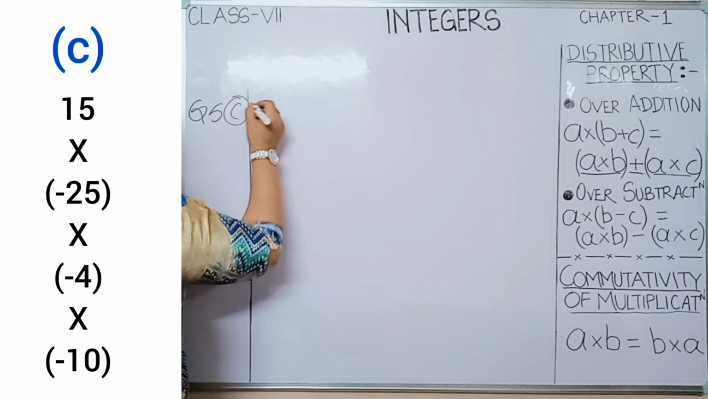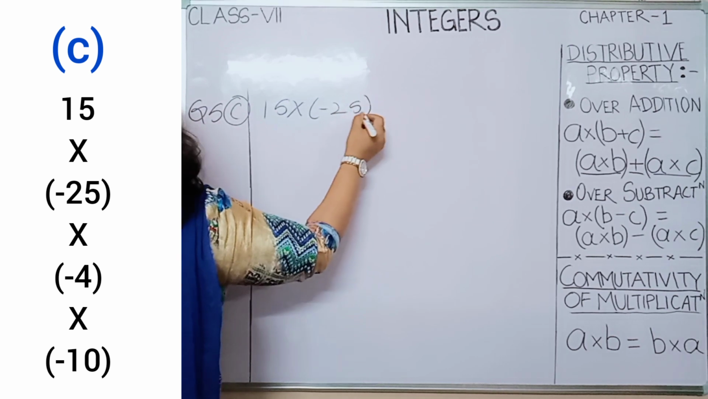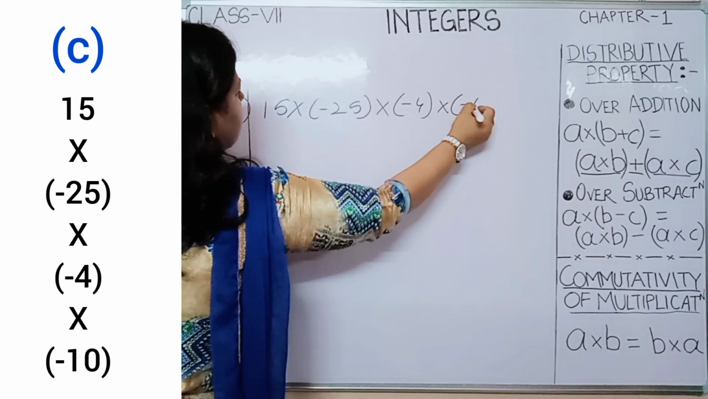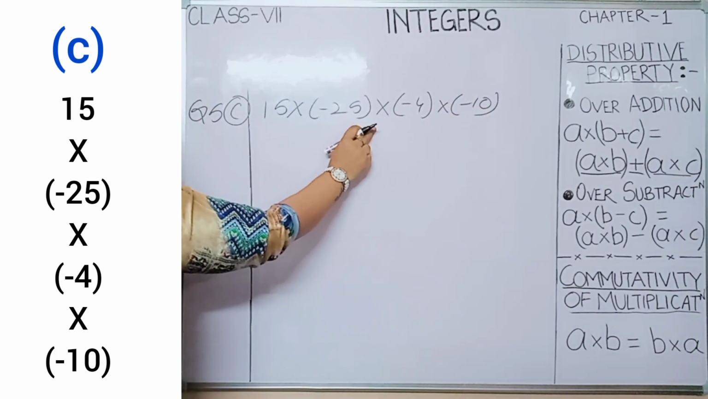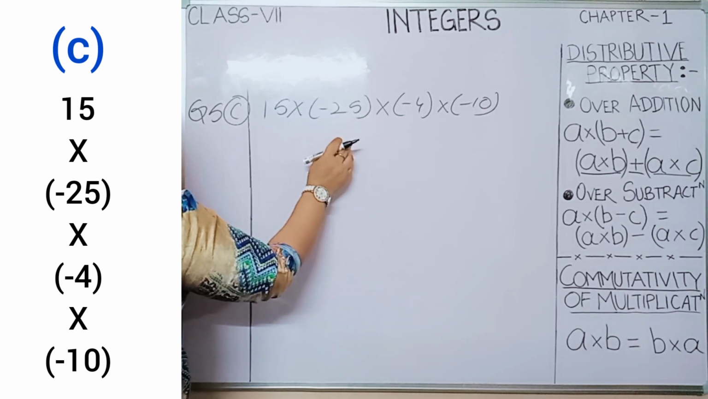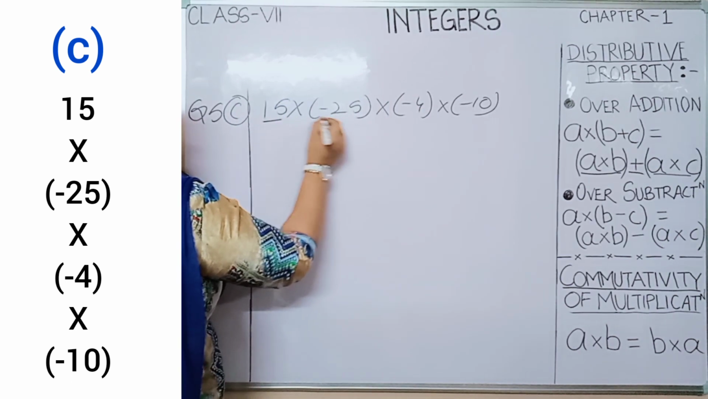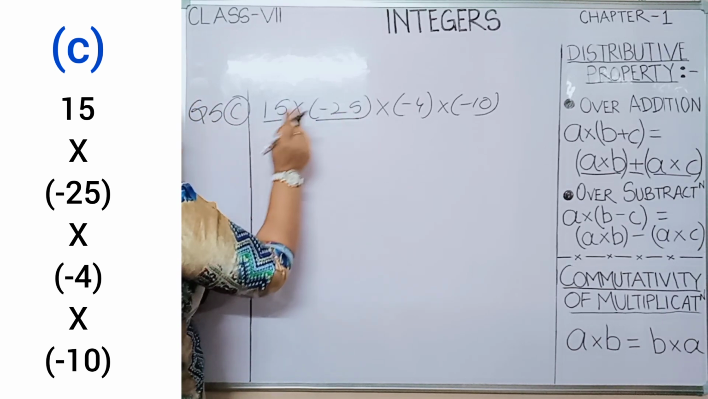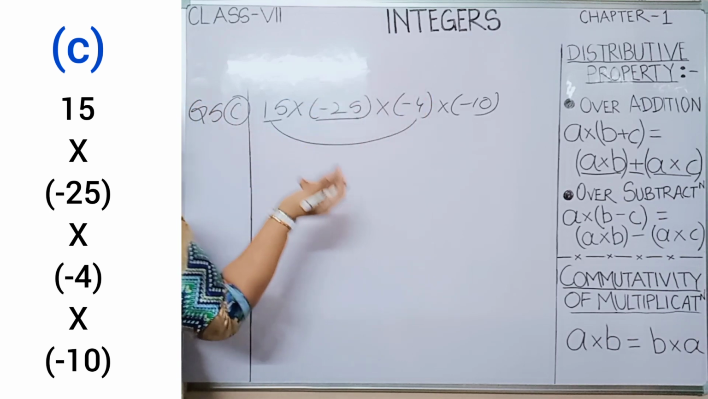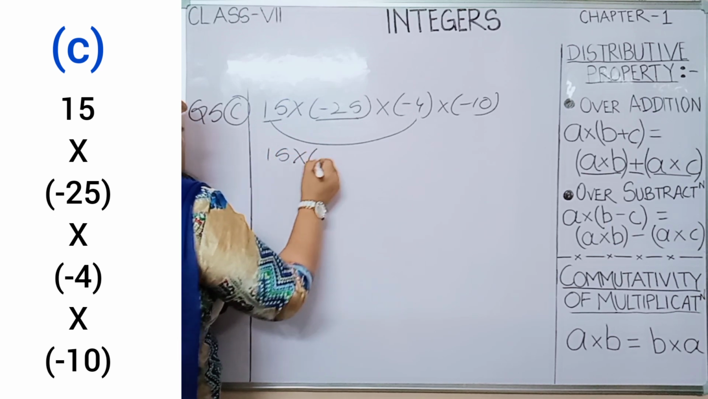C part. 15 multiply minus 25 multiply minus 4 multiply minus 10. We have just discussed that to make our calculation easier, we will group numbers so that we get zeros at the end. If I multiply 15 with minus 25, I will get 5 at the end. But if I multiply 15 with 4, then I will get 0 at the end. So I am making a group with 15, minus 4